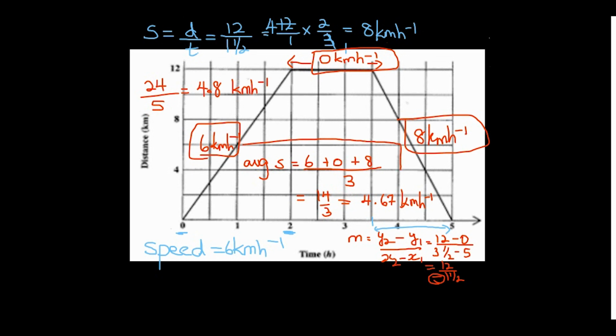Alright, this little piece inside here. Find the sum of the 3 speeds that you would have calculated and divide it by 3. Alright, so that is what a question involving a distance time graph could